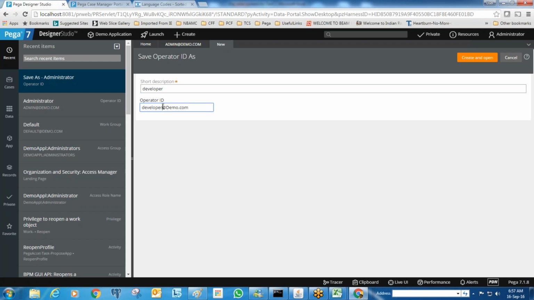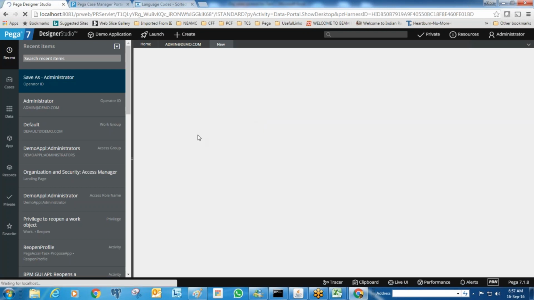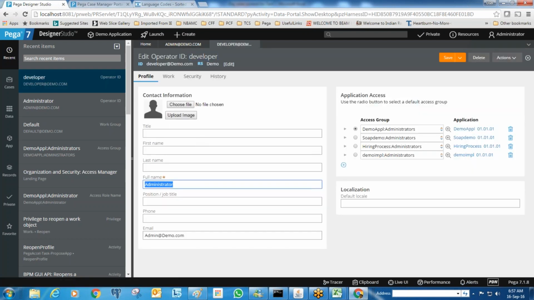Generally, you can give it without the at symbol, but there is a best notation, like giving the organization name. So developer at organization, this is the organization name. Hit and open. All the details will be copied, then you can modify. If all the details are the same and just the profile is different, you can save as, which will save a lot of time. Just give developer and then your email address. Remaining details you don't need to configure because all the things are common. So in that case you can just save as like this and use it. This is one way, save as in the existing record.